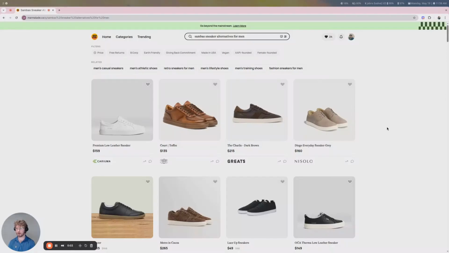Hey folks, this is going to be a technical deep dive into the Marmalade search stack. So we have a query loaded here. This is Samba's sneaker alternatives for men. Samba's being the classic Adidas shoe, Adidas Sambas. This will be a great starting query that we can use to illustrate some of the features of the search